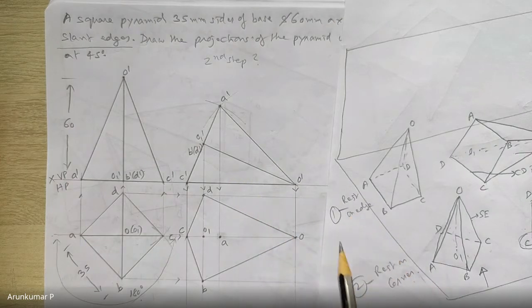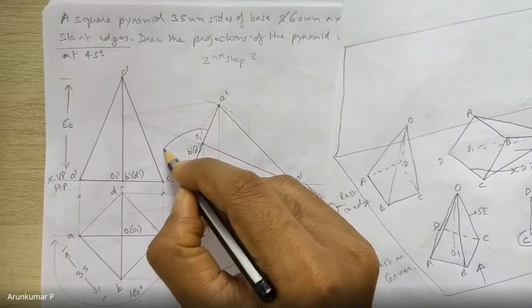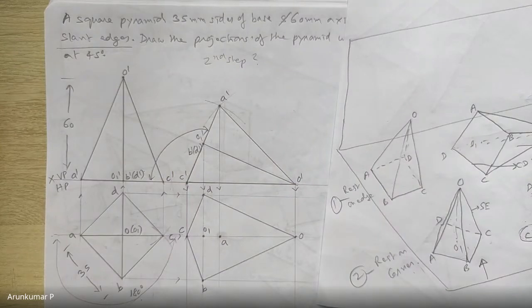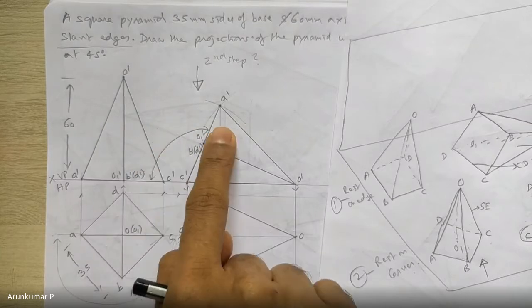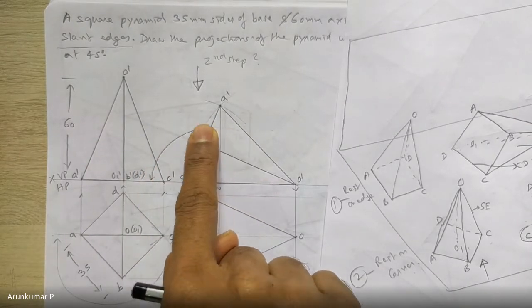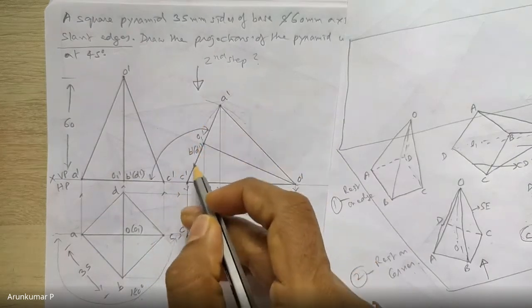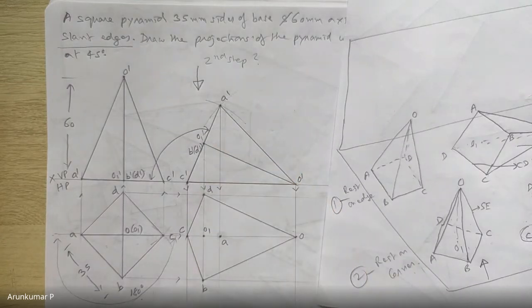Do you remember that rule? So, what is the inclination of the base with HP? What is this angle? Is it more than 90 or less than 90? When you look from the top, this angle, the inclination of the base with HP, is it more than 90 or less than 90? It's very clear it is more than 90 because 90 would be here. It may be around 110 degrees is what I feel.